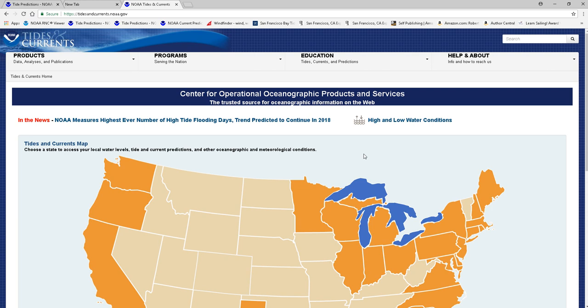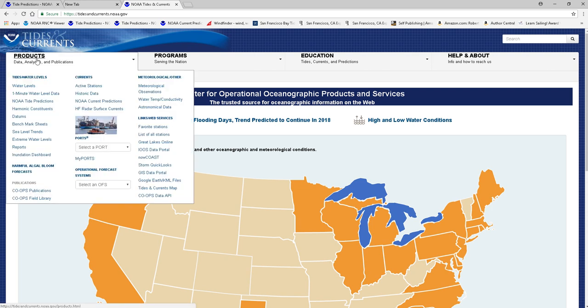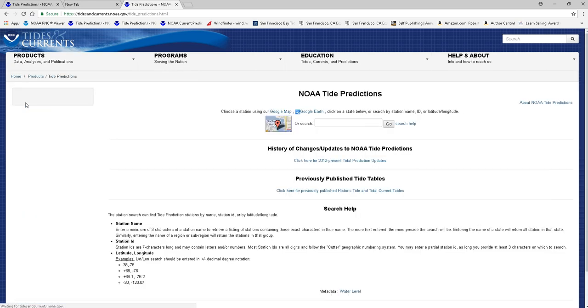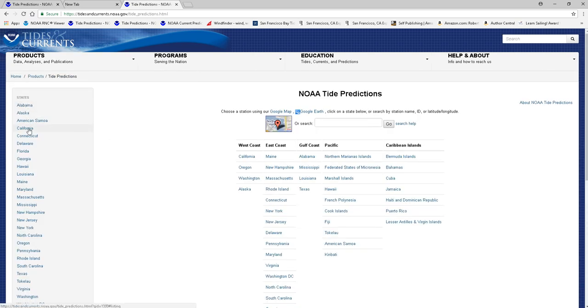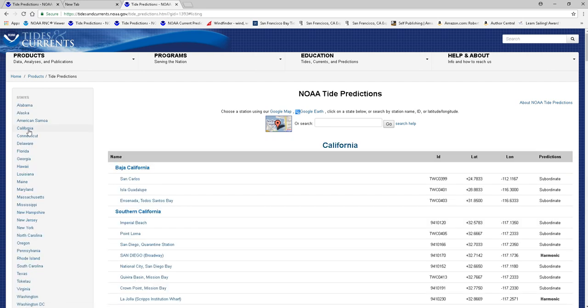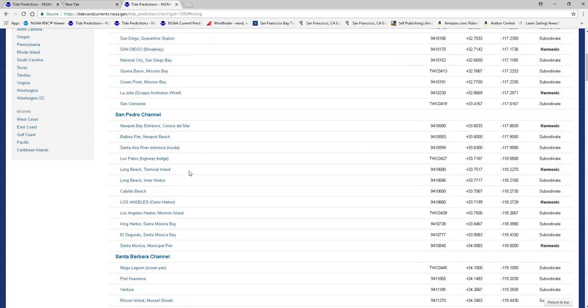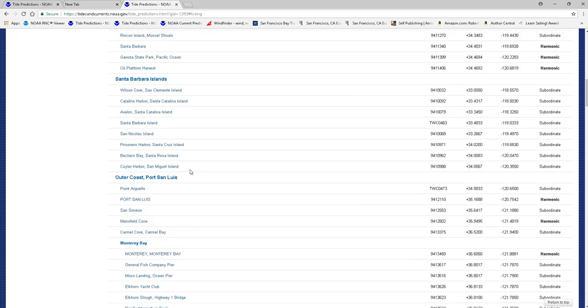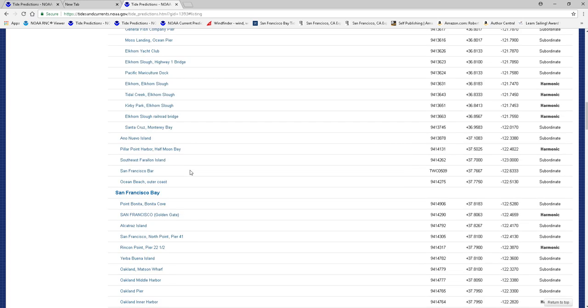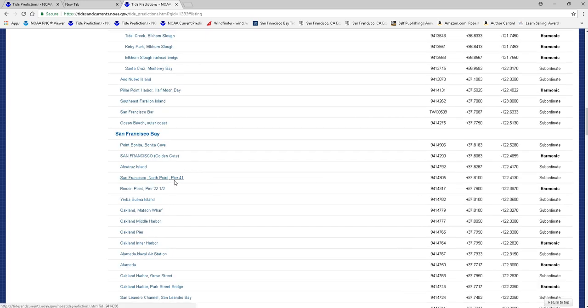And the easiest way to do that is to come over here to Products, click on Products, come down to NOAA Tide Predictions, click on that, then come down and find the state of California, and then here are listed all the different coastal areas. Come all the way down to San Francisco Bay. And I'm interested in the Alameda Naval Air Station. This is the closest station to Ballina Bay. So I'm going to click on that,